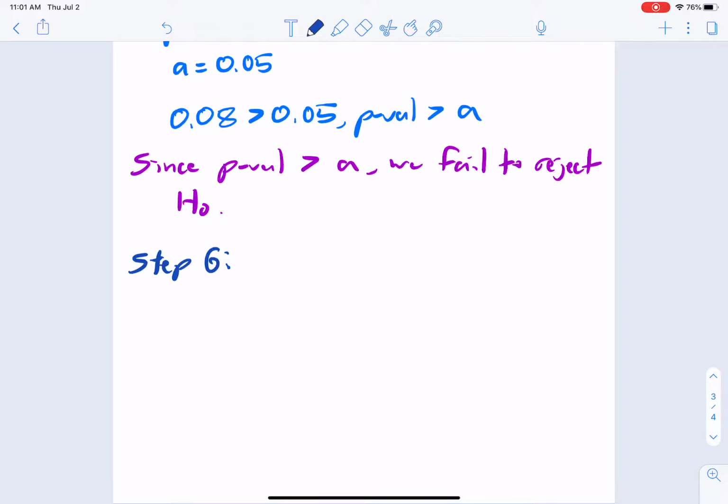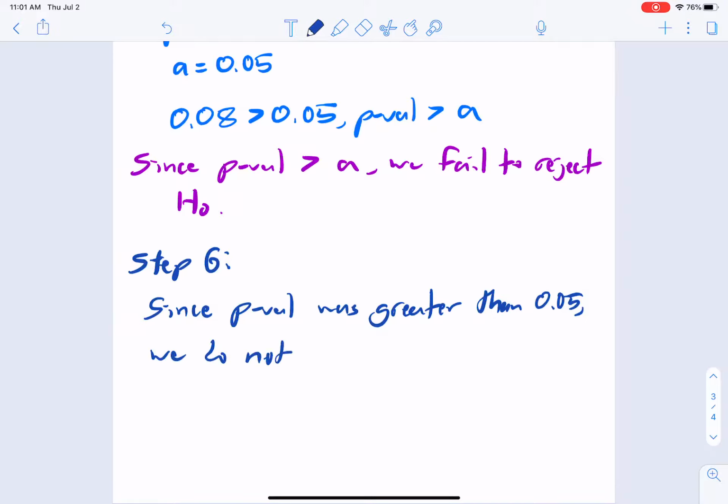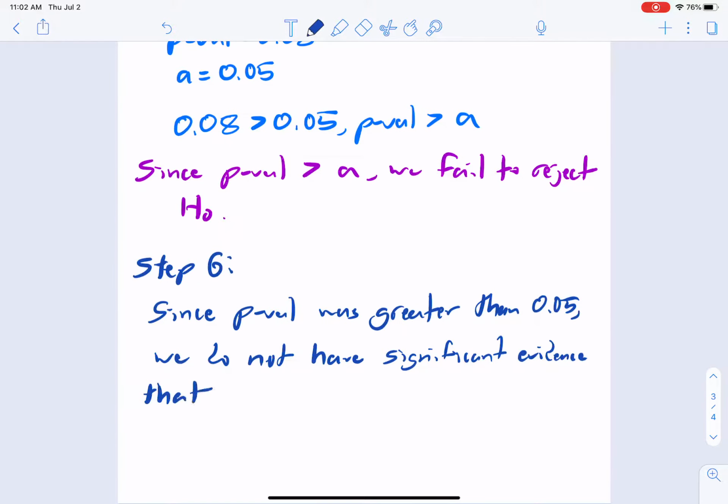So we'll say that since the p-value was greater than 0.05, we do not have significant evidence that lodgepole pines